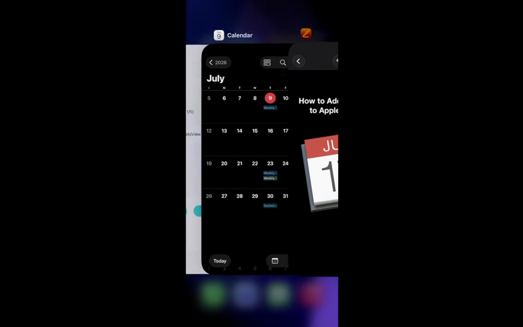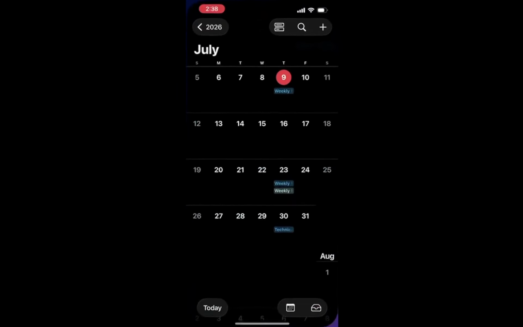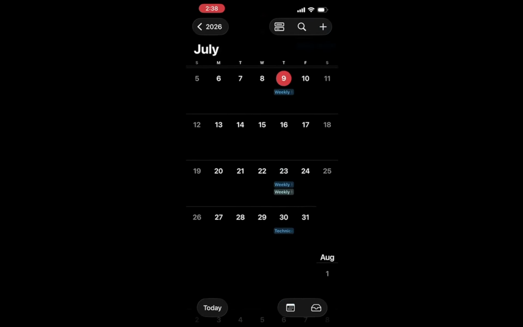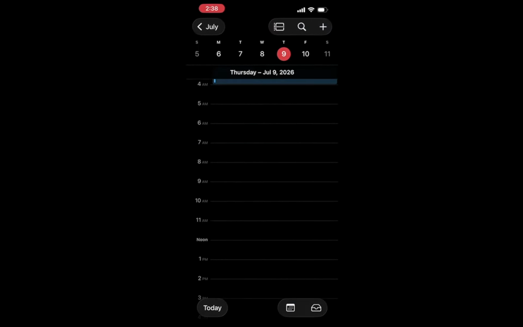Let's dive in. First, you will need to open the Calendar app on your iPhone or iPad. Look for the app icon that resembles a calendar page. Once you tap on it, you will see your existing calendars and events. This is your main hub for all calendar-related activities. Opening the app sets the stage for the next steps, allowing you to manage your schedules efficiently.